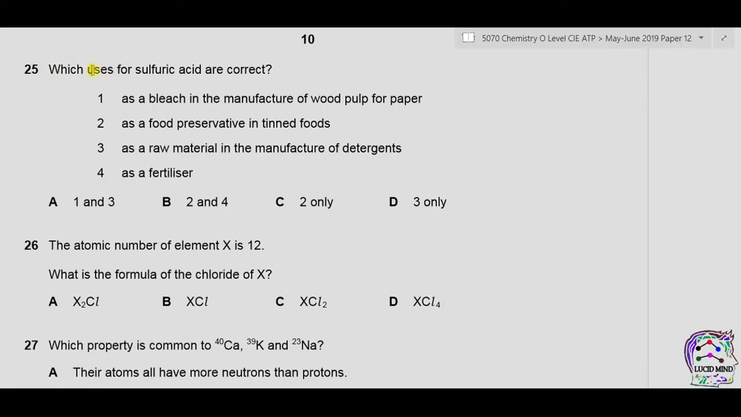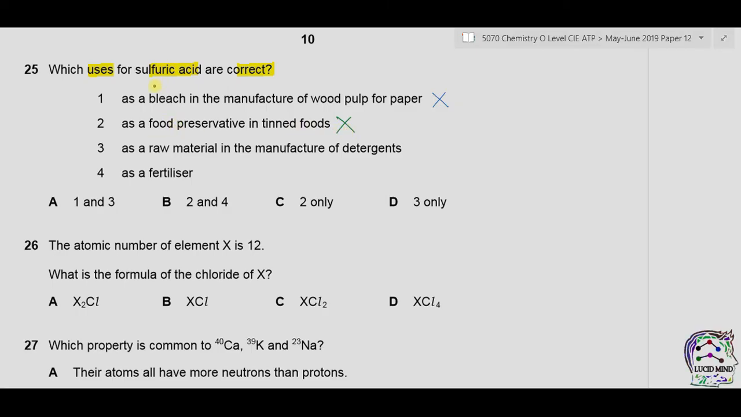Question 25. Which uses for sulfuric acid are correct? Number 1. As a bleach in the manufacture of wood pulp for paper. This is incorrect because chlorine is used as a bleaching agent. Number 2. As a food preservative in tinned foods. This is also incorrect because sulfur dioxide gas or sulfur trioxide gas is used as a food preservative instead of